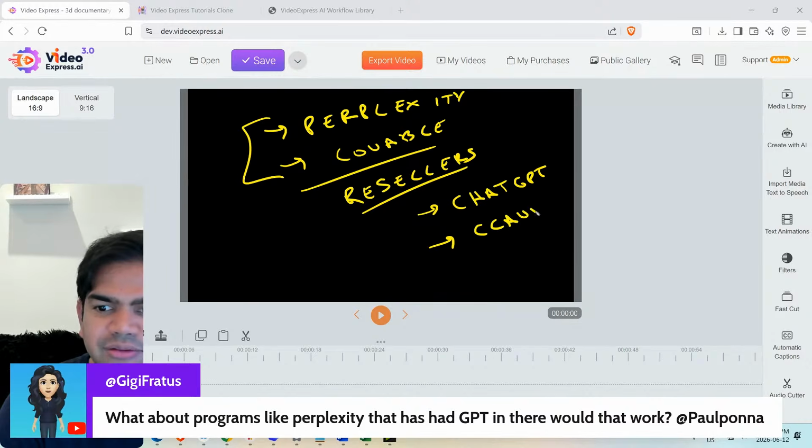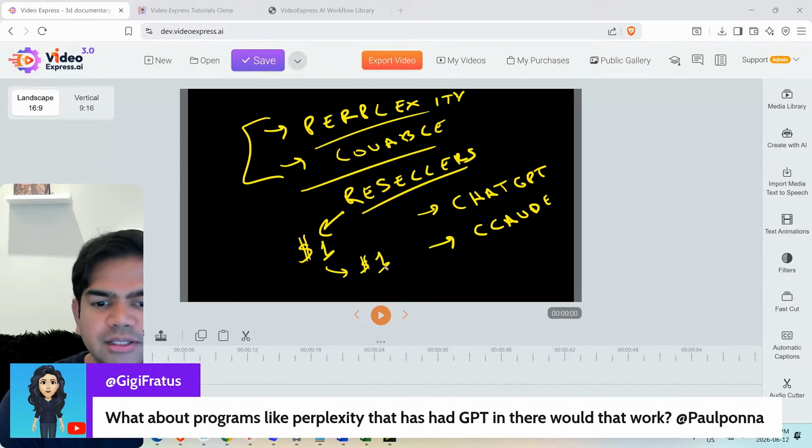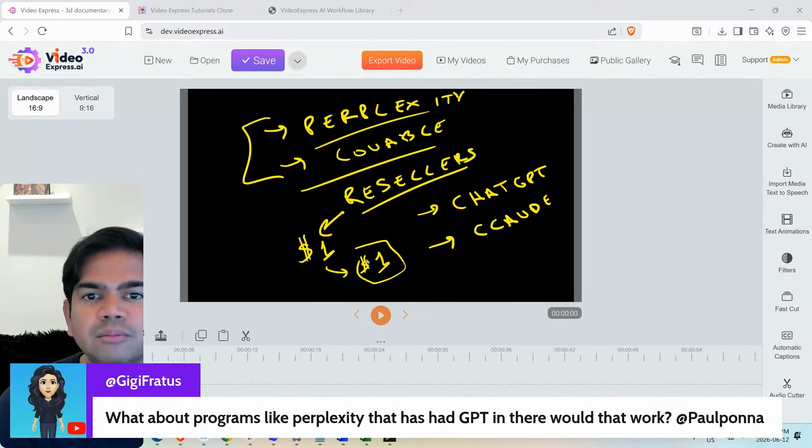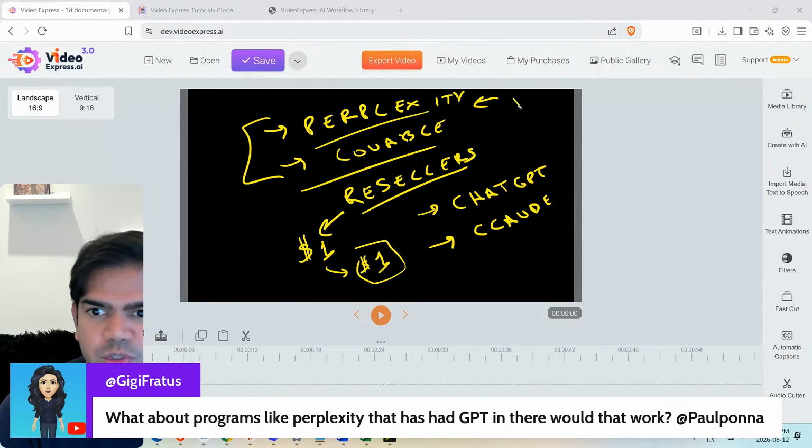Now, why does that even matter? You might say, well, what difference does it make? Well, it does make a difference, even if they're willing to break even. So let's say, for example, ChatGPT charges you $1 per something, and then charges Perplexity $1. And let's say they charge you back $1, which makes no sense. But let's even assume they're like Robin Hoods and they subsidize it and give it back to you for $1. It's still more expensive because what's happening is OpenAI is telling Perplexity, pay us right now through the API,